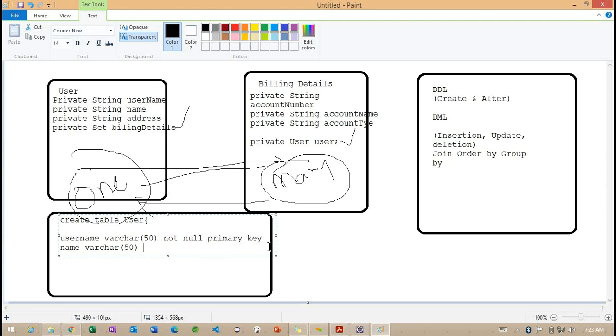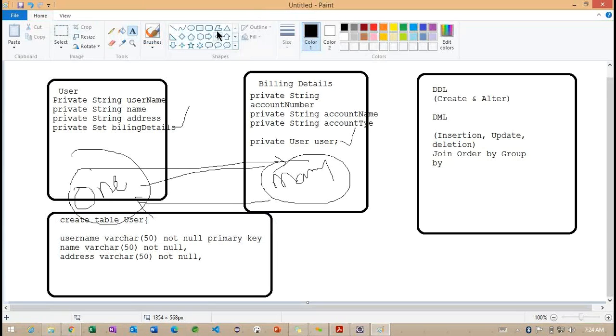something called varchar 50 and not null, and so varchar. This also we are going to specify as 50 and not null. Finally, billing address. For this particular billing address, how are we going to specify? In the user, we don't have any information. Getting the point. In the user, we are not going to specify this particular billing information.